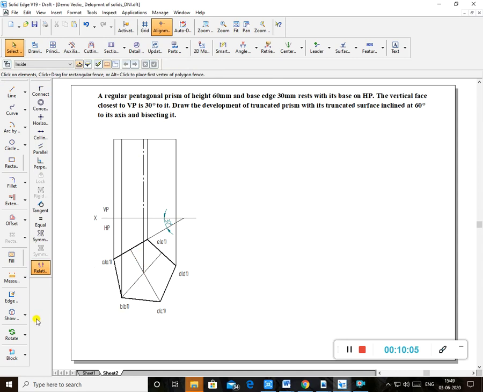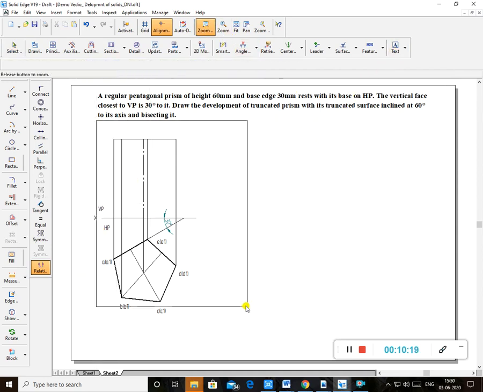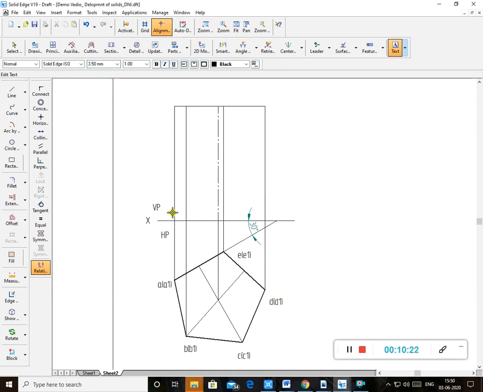Now see here. I'll name it. This is A1. For the time being I'll keep it here. So I'll name it here. I'll zoom in on the area. This is the A. This is the A1 dash. This is the A dash. Here the top is B. It is B dash. It is B1 dash. It is C. No, it is B1 dash. This is also seen.